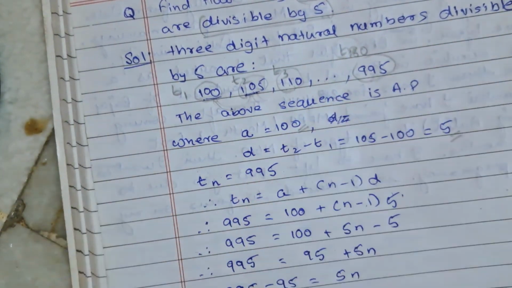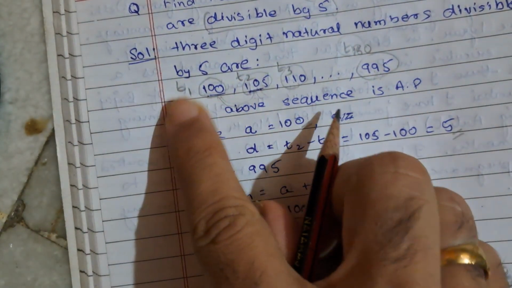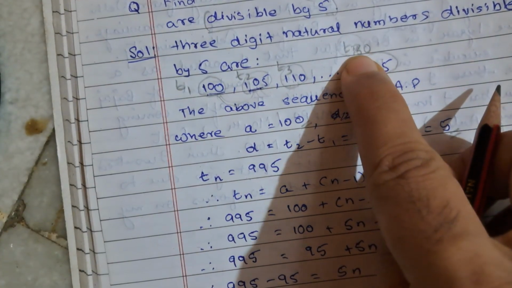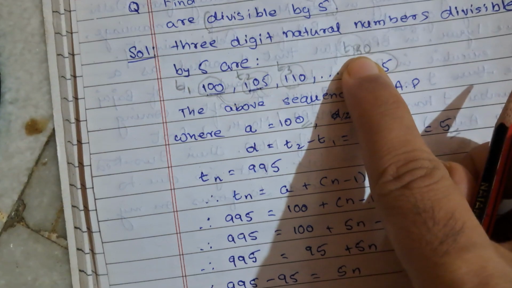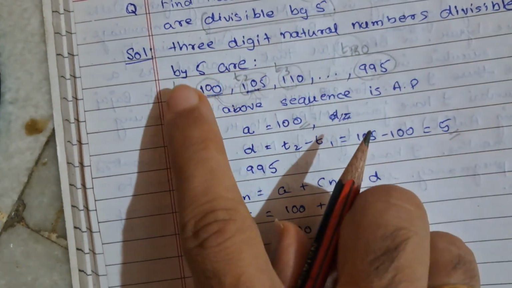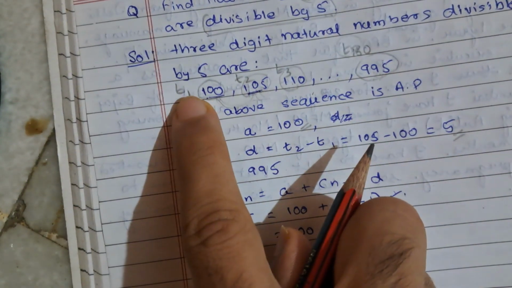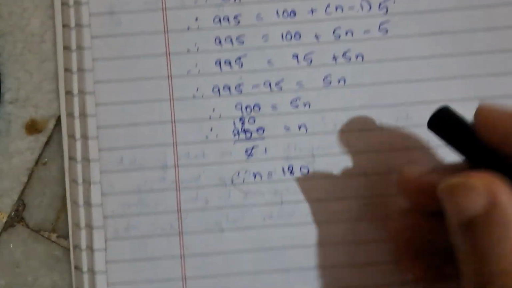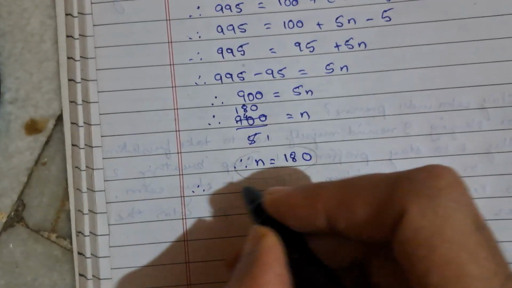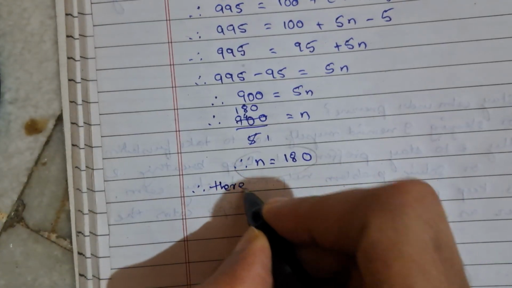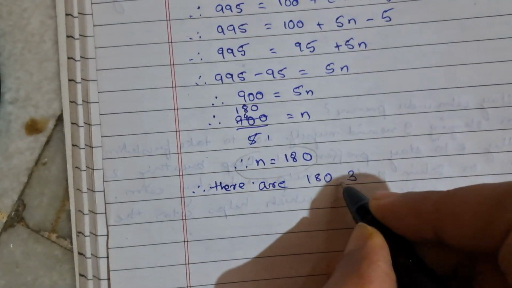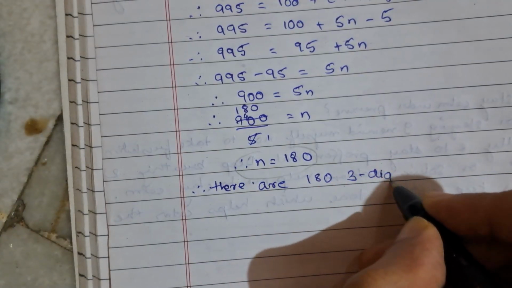So just give it a thought. What does this mean to you? This is first number, this is second number, this is third number, and so on. This is which number? 180th number. So don't you think this means there are 180 numbers in this? Yes, that's what the question was. How many 3-digit natural numbers are there? So I will say, therefore, how many? 180, right? Therefore, there are 180 3-digit natural numbers